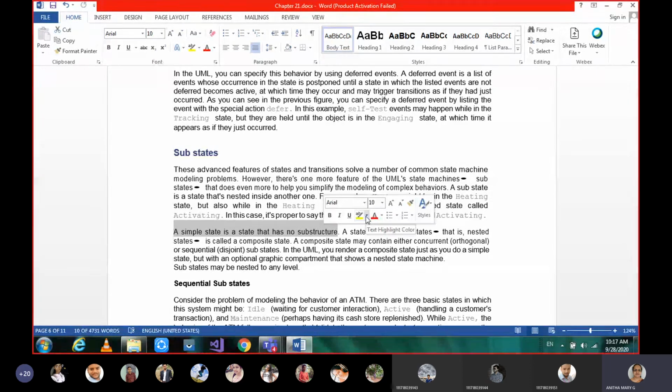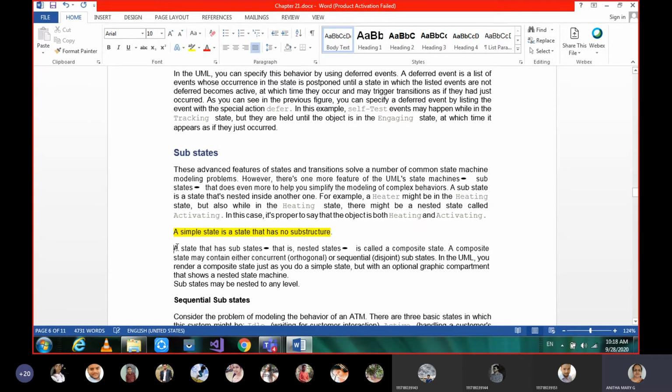Whenever a state is in its simple form, which cannot be further decomposed, a simple state that has no substructure or no substates, then it is called just a state. A state that has substates we call a nested state, or the other term, a composite state. A state with no substates is a simple state. A state with substates is called a composite state.